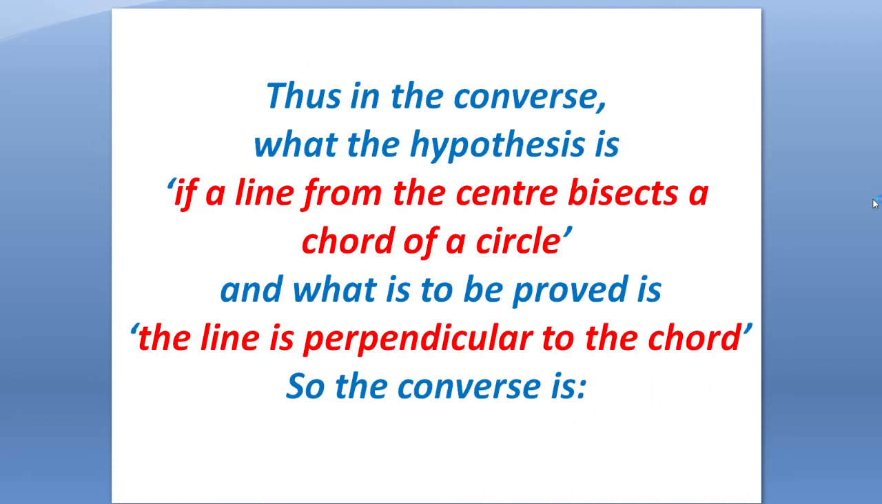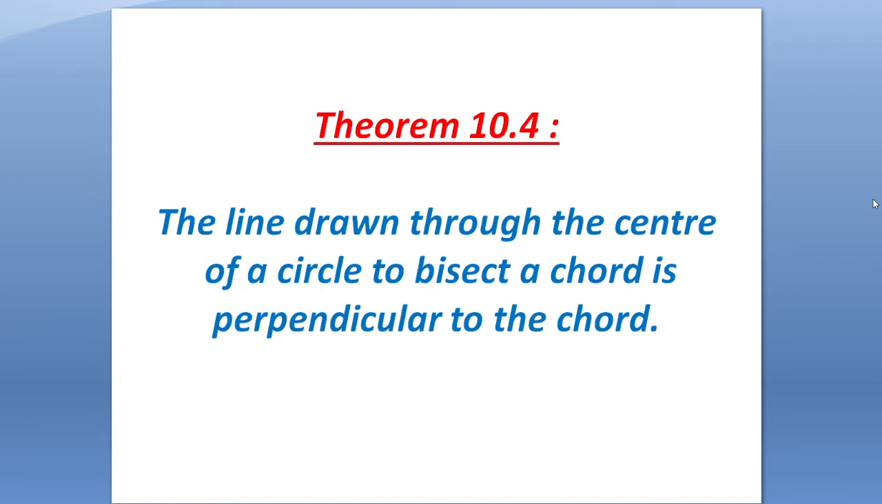Thus, in the converse, what is the hypothesis? If a line from the center bisects a chord of a circle, what is to be proved is that the line is perpendicular to the chord. So the converse is theorem number 10.4: the line drawn through the center of a circle to bisect a chord is perpendicular to the chord. That means